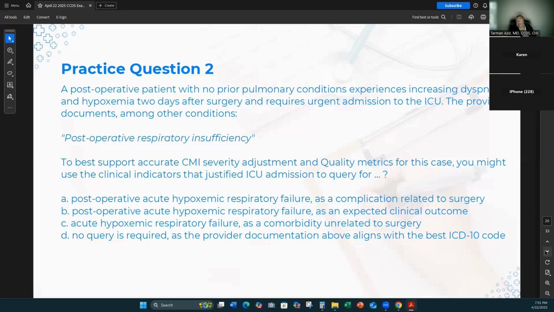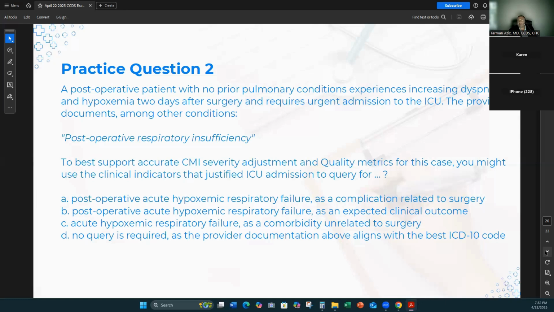Now remember on the CCDS exam, you'll sometimes get a question correct because you know the answer, and other times you may get the question correct because of elimination of a couple of really bad choices and then contemplating two reasonable choices and deciding which one is the best. So a question like this, you can quickly eliminate a couple of choices, and two would be reasonable to consider. And then you can read deeper to know which one it is.